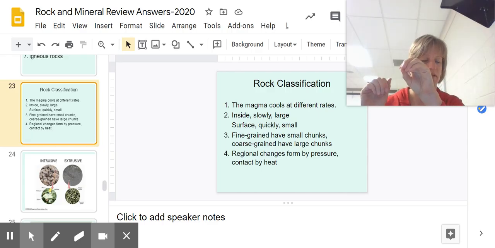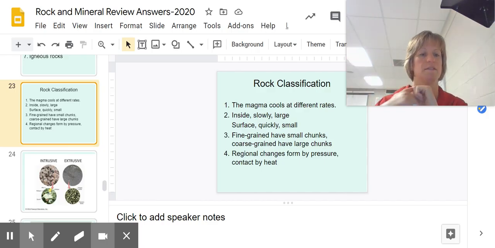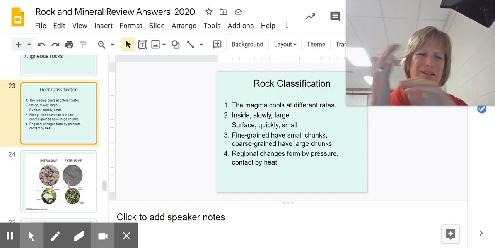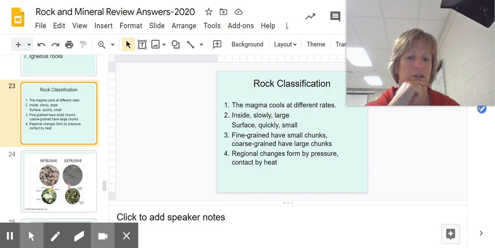Metamorphic rocks, it's about the force that is dominant in the metamorphism, whether it's heat or pressure. So regional metamorphism is dominated by pressure. Contact metamorphism is dominated by heat. Now, a lot of students mix that up because I think we think contact pressure. You have to think of it like this. If heat is the dominant force to change the rock's form, it's because that rock is in close contact to